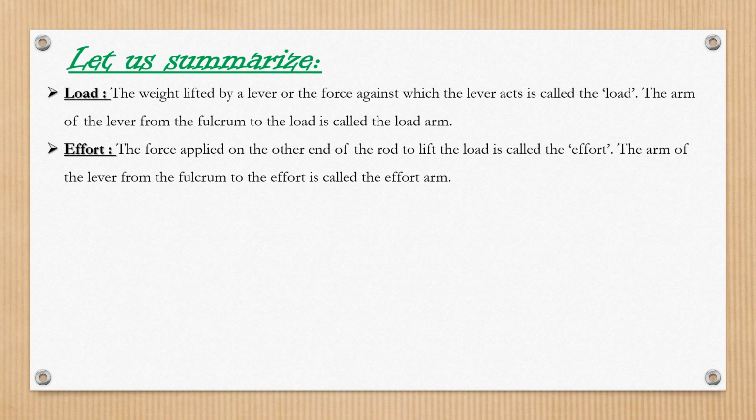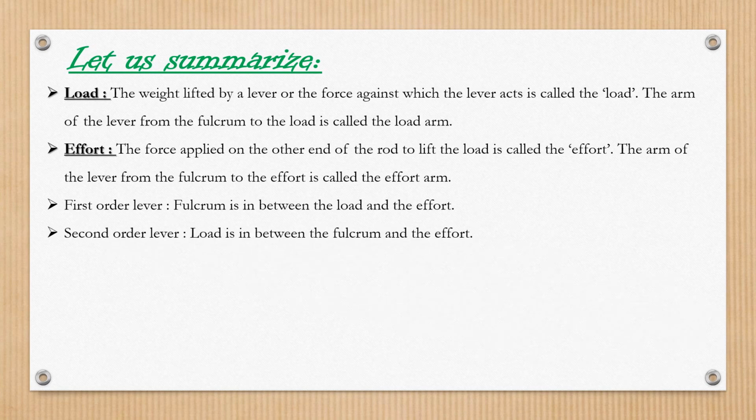The arm of the lever from the fulcrum to the effort is called the effort arm. And we studied about the first order lever. In the first order lever, the fulcrum is in between the load and the effort, and in the second order lever, the load is in between the fulcrum and the effort,